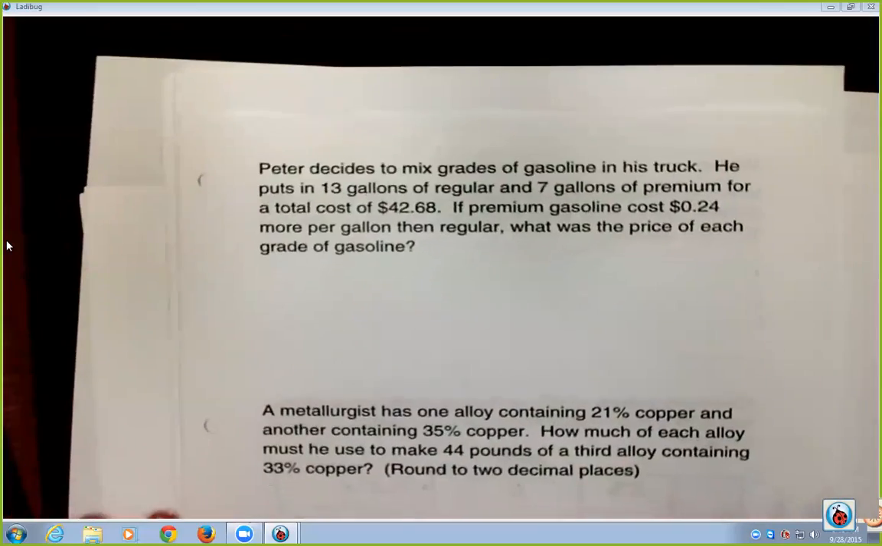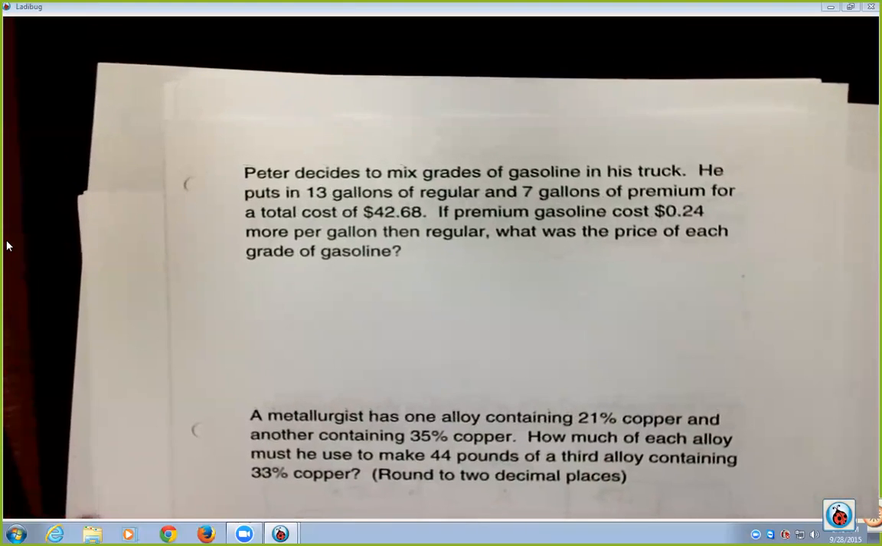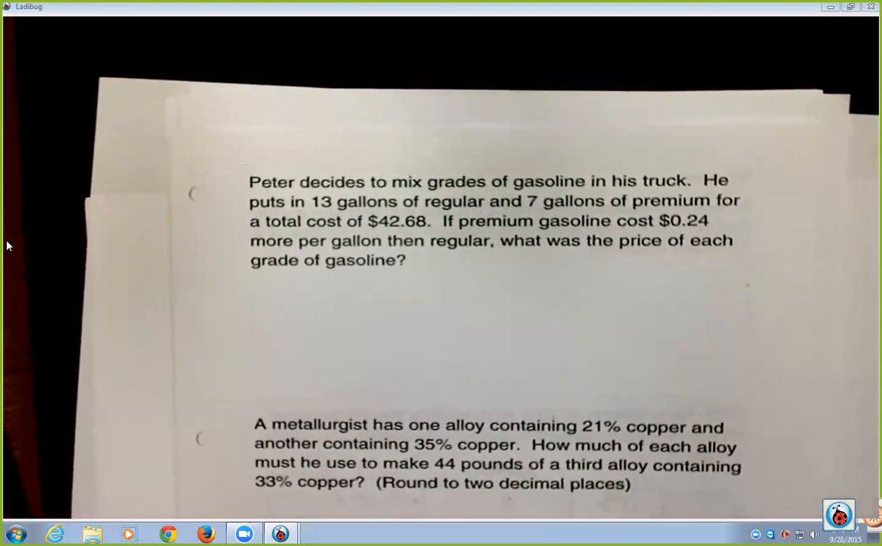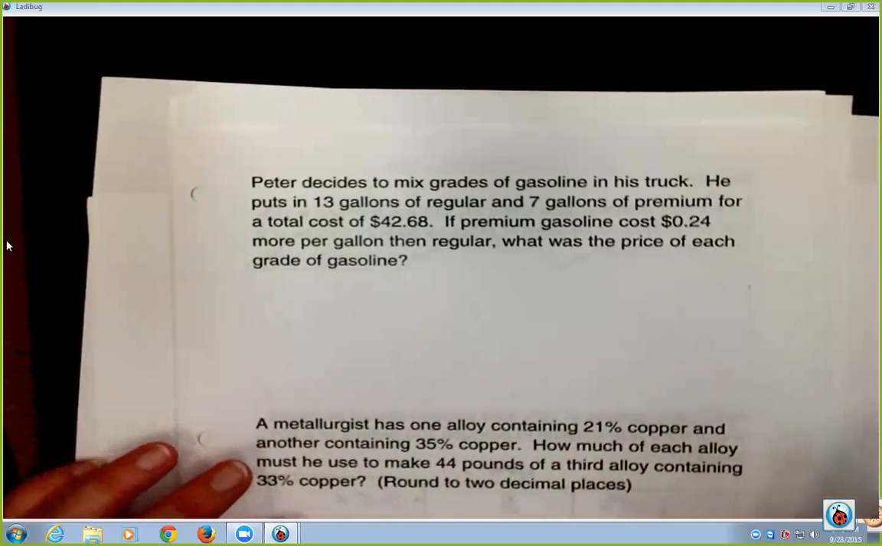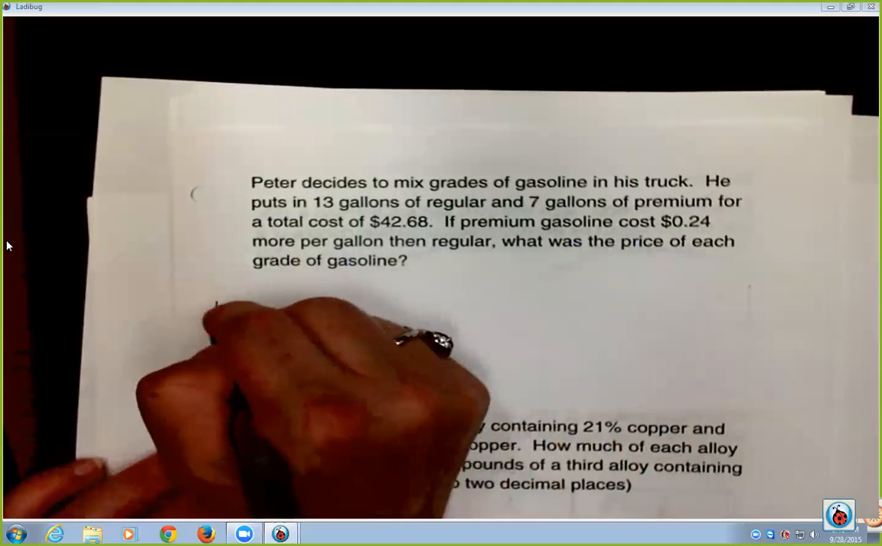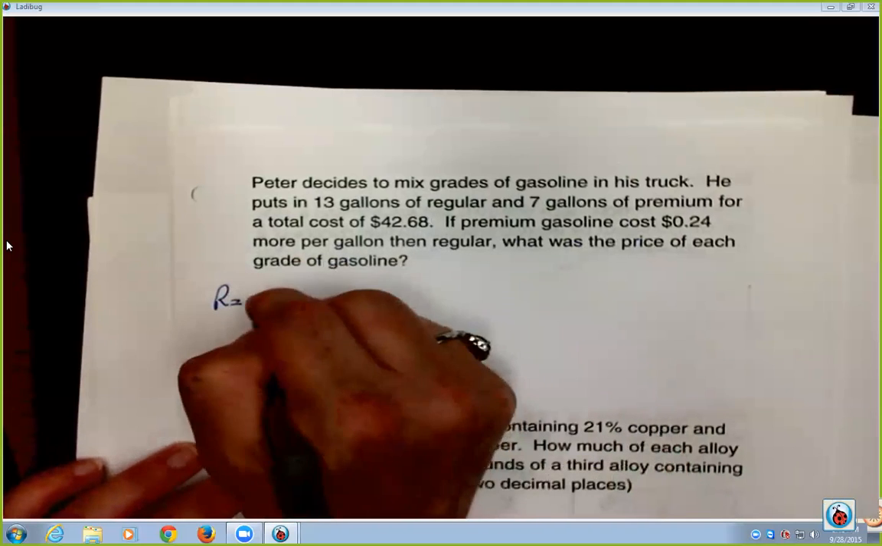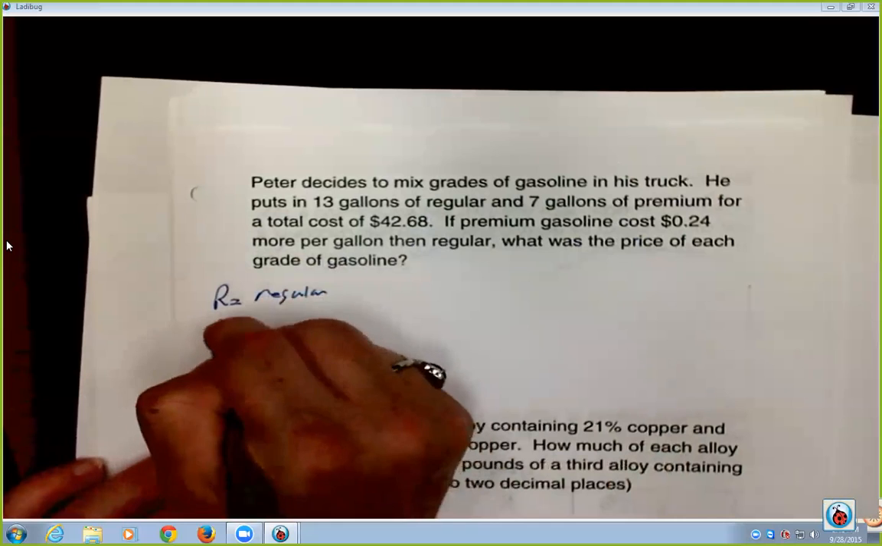And then the next one, Peter decides to mix grades of gasoline in his truck. He puts 13 gallons of regular and 7 gallons of premium for a total cost of $42.68. If premium gasoline costs 24 cents more per gallon than regular, what is the price of each grade of gasoline? So what don't we know? Well, we don't know the price of the gasoline, right? So he puts regular, premium,